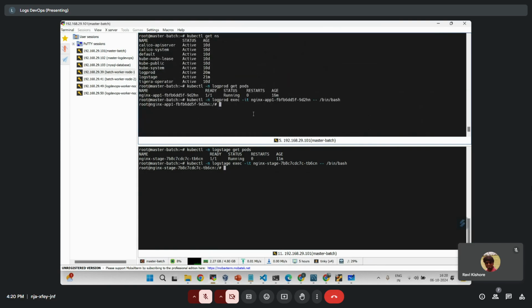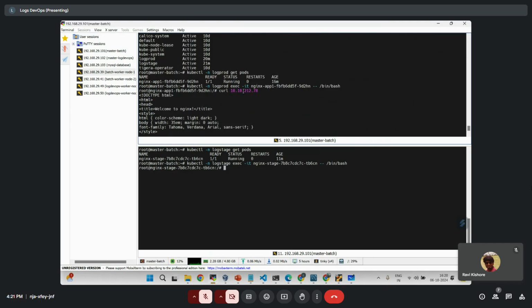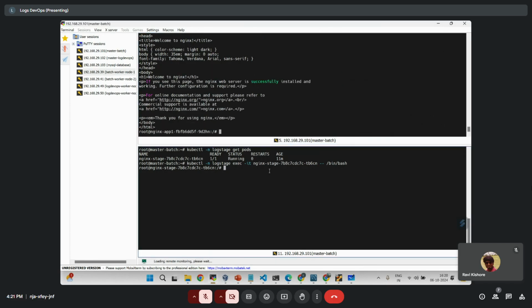Prod is 77, so we can try 78 here. This one is log prod. Here we can try which one? 78. You can write curl, okay? 78 here we can type. Yes. Okay, enter it. See, here we are able to access the Nginx from this IP. Correct. Okay. And here curl,